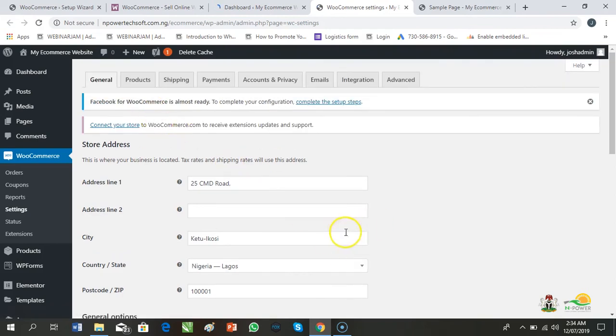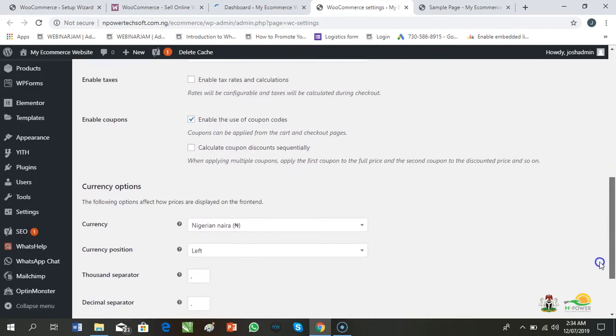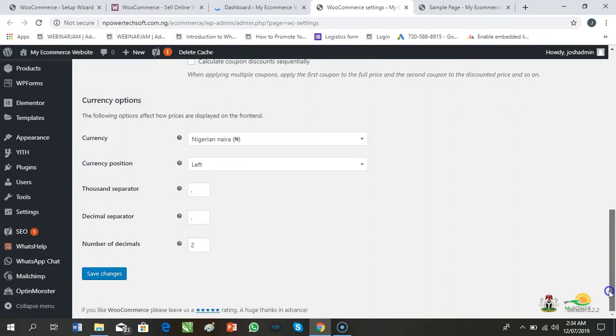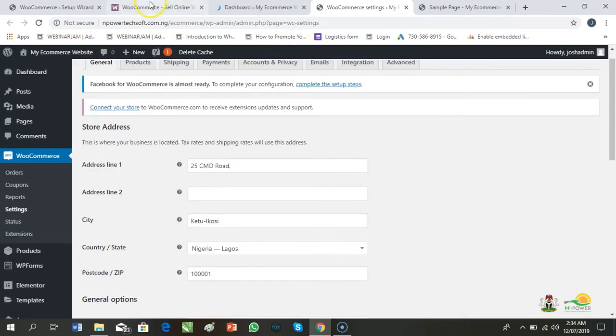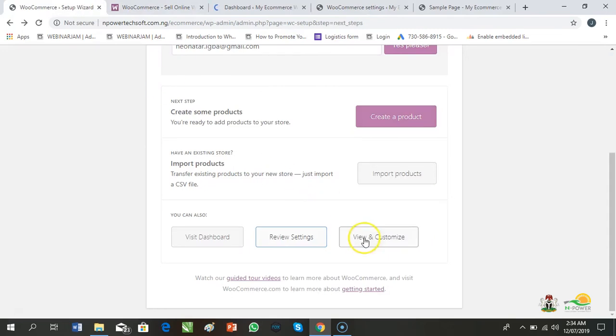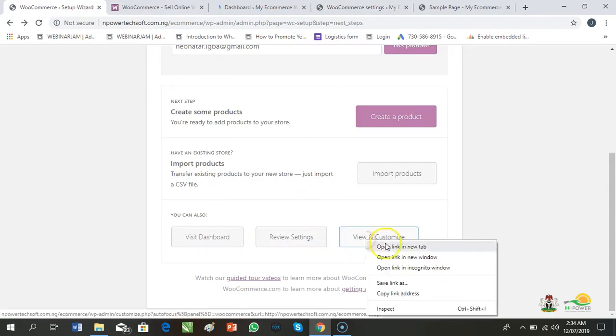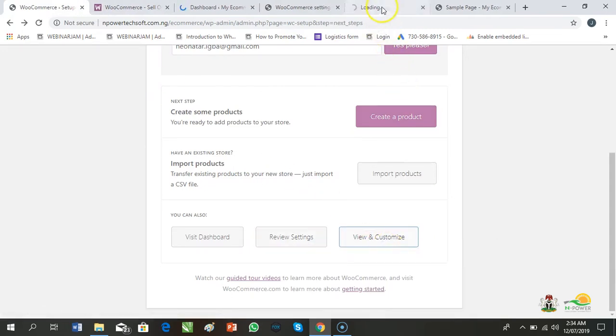So you can always come here to change details of anything you want. Okay, so that is it. Then you can also view and customize. So this is where it brings us to.